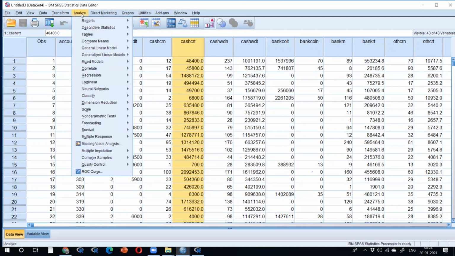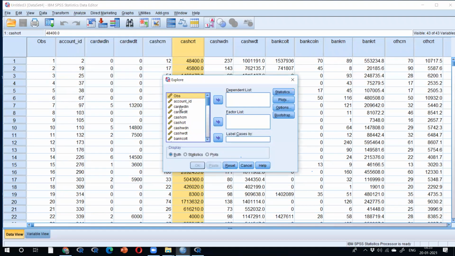Analyze, descriptive, explore. All 14 variables at a time. Select. Whatever I did in R, I'm going to do the same thing in SPSS.